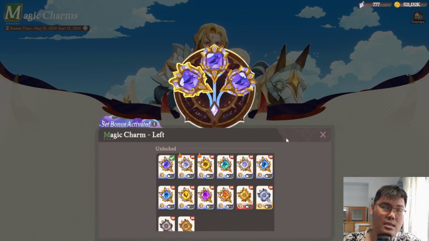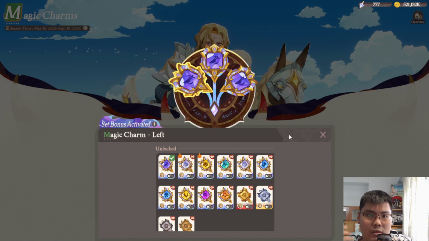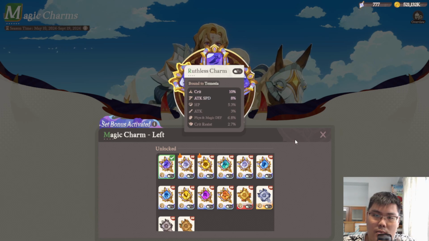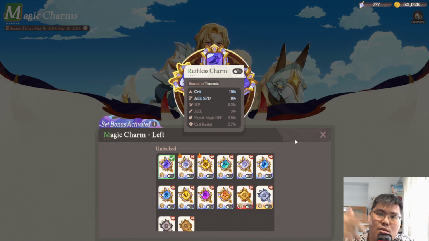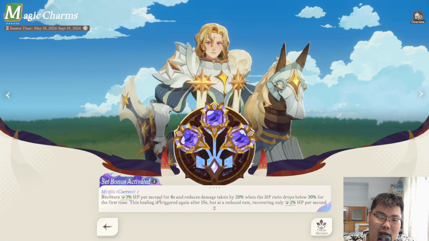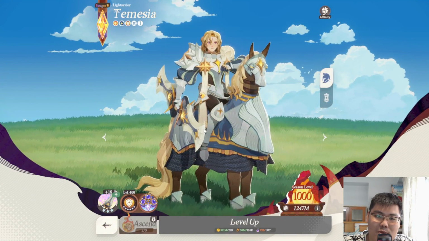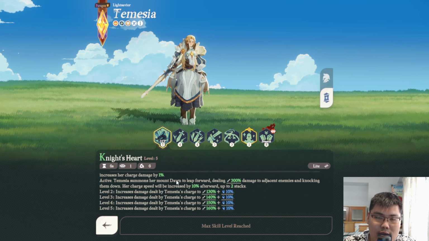For Temesia's case, Temesia is only used in one boss right now, generally for me, which is Necro Dragon. So I just put Ruthless Charm on Temesia because crit increases the crit hit rate for this unit, and attack speed increases the damage output. Recently, because there's a change, she doesn't need to survive, she doesn't need to tank as much, so I removed the HP component and gave her this